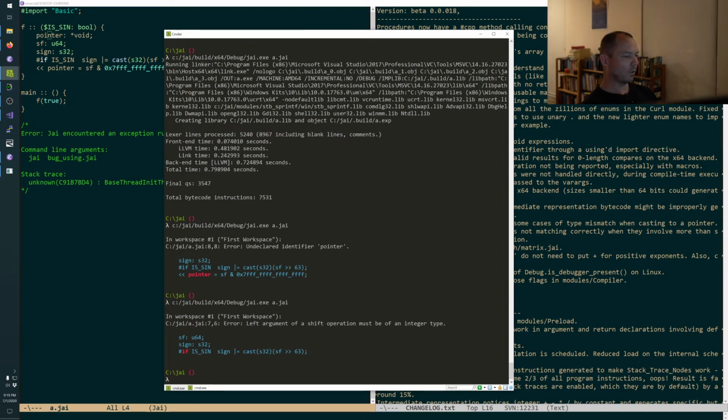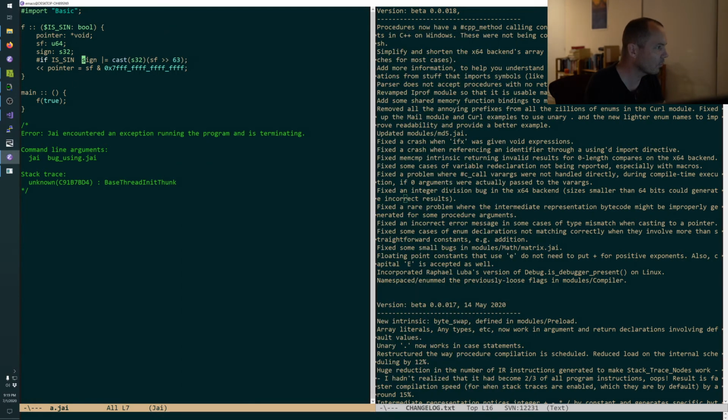Left argument of a shift operation must be of an integer type. And it thinks it's a static if. What is even happening? Okay, so, oh, it's this down here. Okay. It thinks this is a shift.